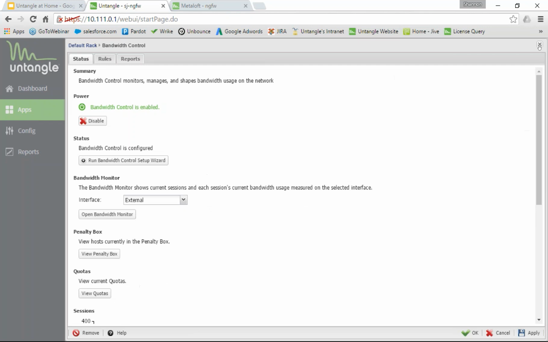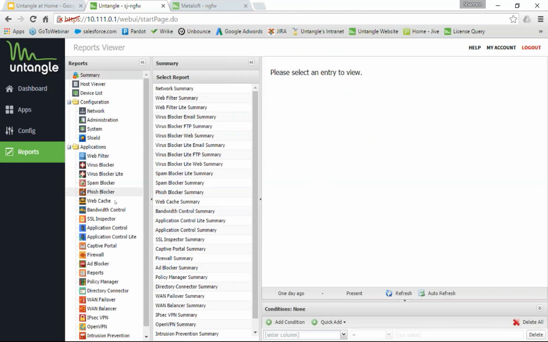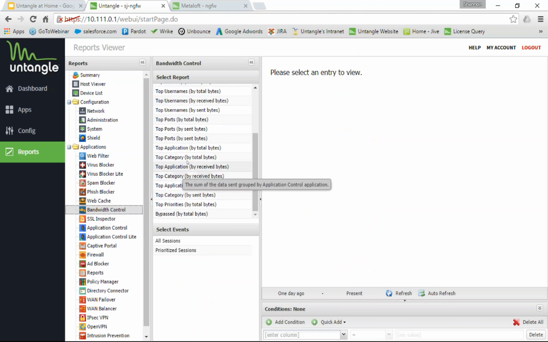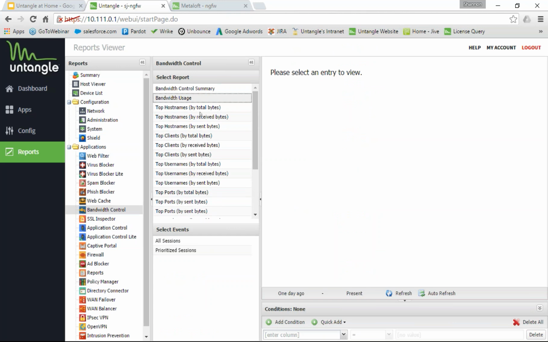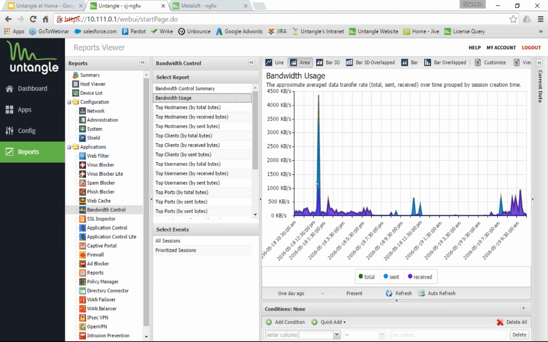So nobody's watching Netflix right now, or Pandora, or any of that stuff, but you can see all that in the bandwidth monitor. Additionally, there's about 1 million ways to view, and I won't go too much into this, all the different things that are going on in your network and reports. You can just look at bandwidth usage over time. Not a ton of bandwidth on this network. Looks pretty idle. I wish I could show you my home device. It sees a lot more traffic than this, but